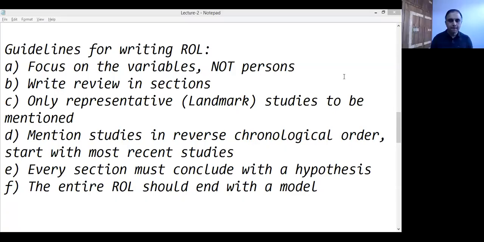Here at this point, we come to the research objective. Let me share my screen. I hope you should be able to see the guidelines for writing ROL. Let me go to the next one, and the next one comes out as